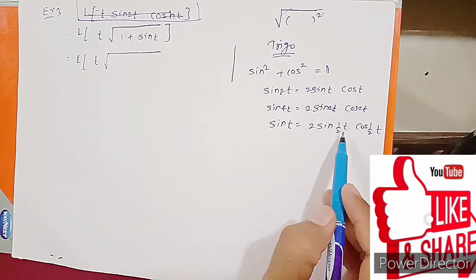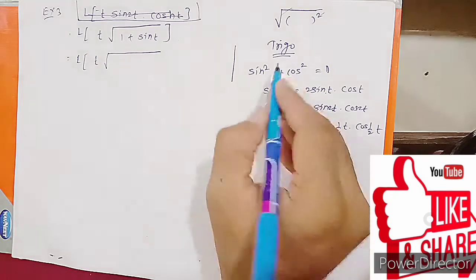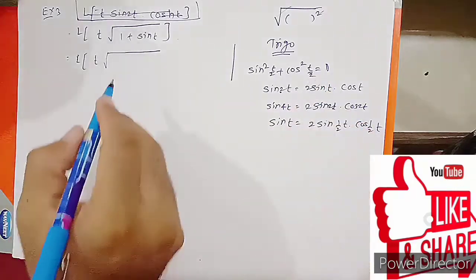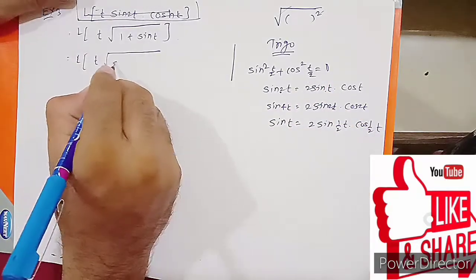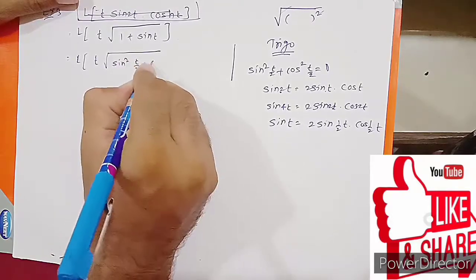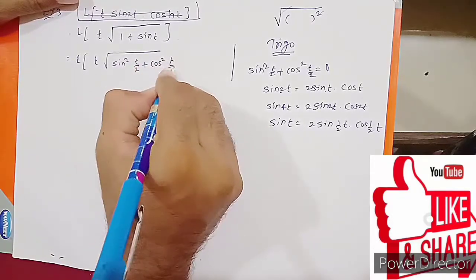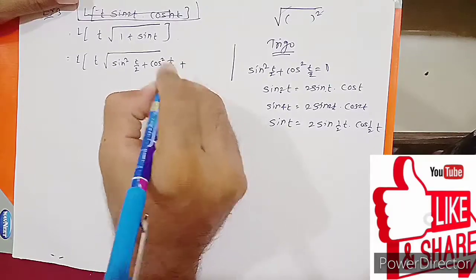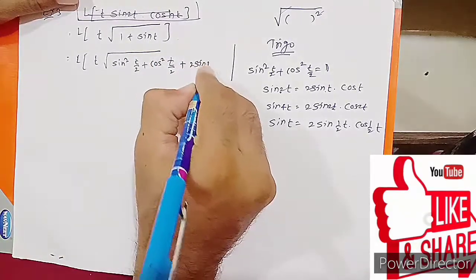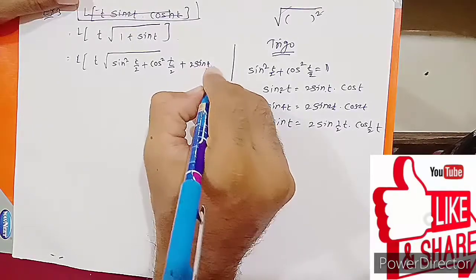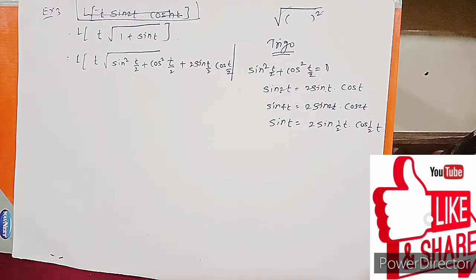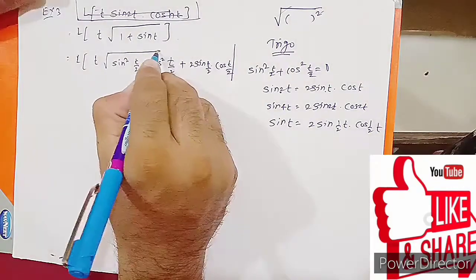ओके, नाउ यहाँ पे अगर 1 by t/2 है तो यहाँ पे भी हम क्या करेंगे? t/2 and t/2. Okay, so we are replacing 1 by sine square t/2 plus cos square t/2, right? Plus sine t का रिप्लेसमेंट क्या रहेगा? 2 sin t/2 into cos t/2. Okay, now